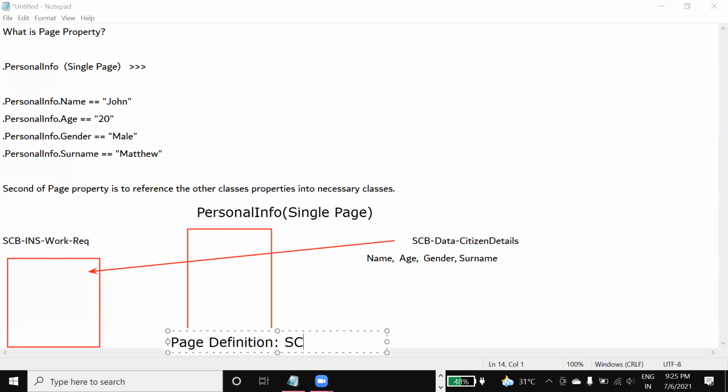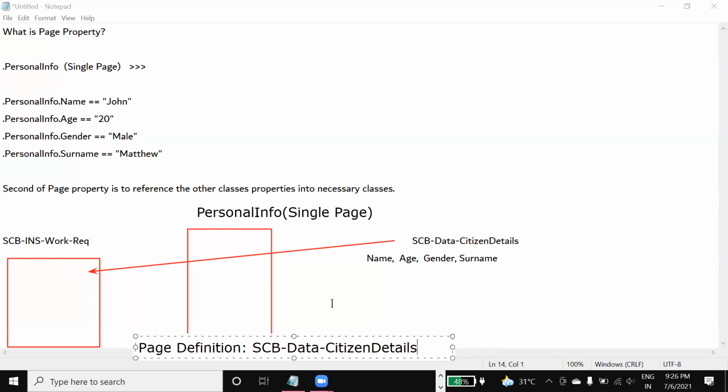So for that page definition, you have to give the data class, SCB-Data-Citizen-Details. You have to refer to the data class so that the data class properties are accessed by this personal info page property. All these properties which were there, you can now access through this.